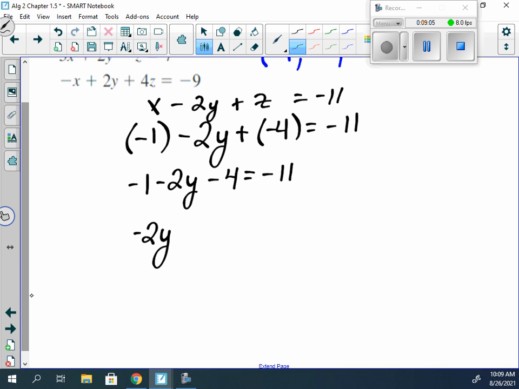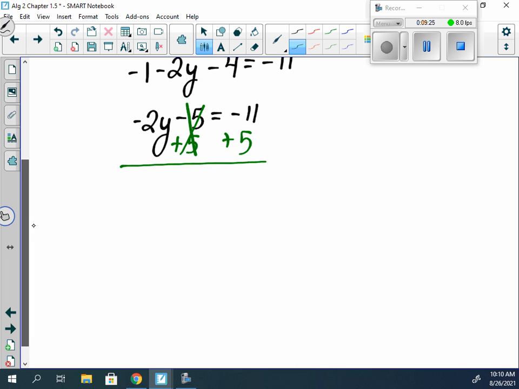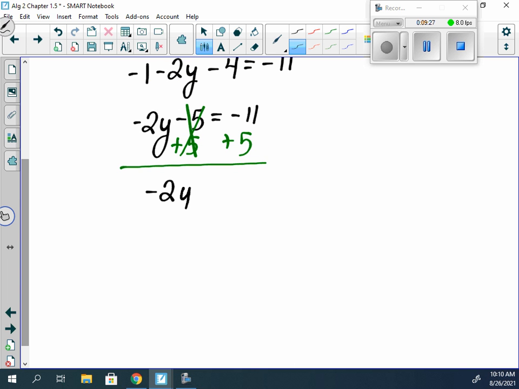Our negative 1 and negative 4 would combine to become what? Negative 5. What's next? Add 5 to both sides. So these would cancel, telling us that negative 2y is equal to